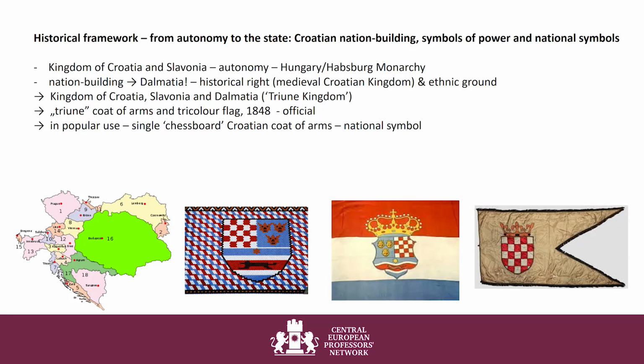History is quite important for Croatia, but I will be very brief. Croatia was a medieval state, then it enjoyed autonomy in the frame of the Hungarian kingdom with its own, so to say, constitutional rules and coat of arms. And through controversial 20th century, it finally became a state of its own in 1991. So these are the symbols. We will skip over it